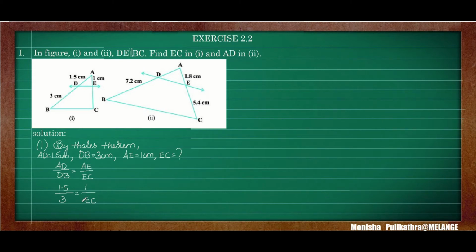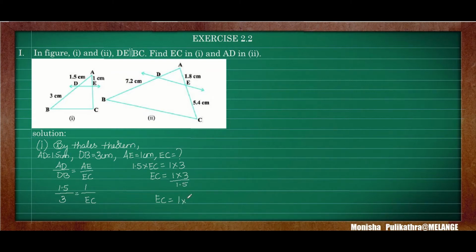Okay. So next, by cross multiplication, 1.5 into EC is equal to 1 into 3. Since we need to find out the value of EC, I will be taking 1.5 this side. Since it is multiplication, when we shift it, it will become divided by 1.5. Since a decimal point is there, after one digit, in order to remove it, we need to substitute 10 in the numerator. Since the number is situated in the denominator, if we need to remove the decimal point, then the 10 will be written in the numerator.